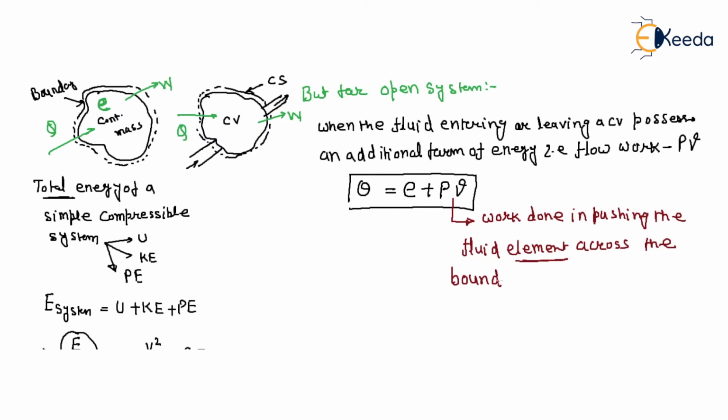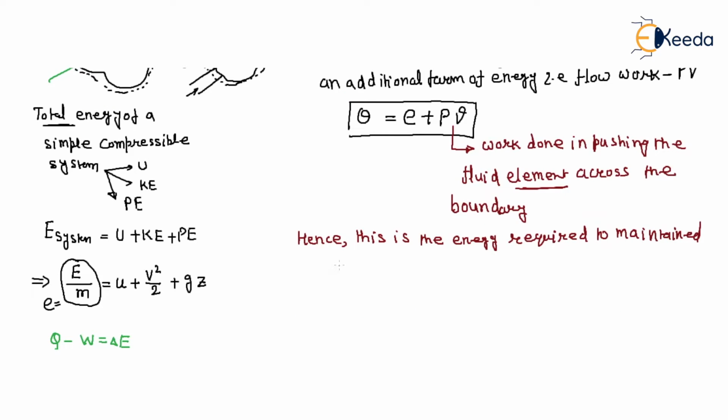Hence this is the energy required to maintain the flow in the presence of pressure per unit mass, right? So this is the additional work due to flow,